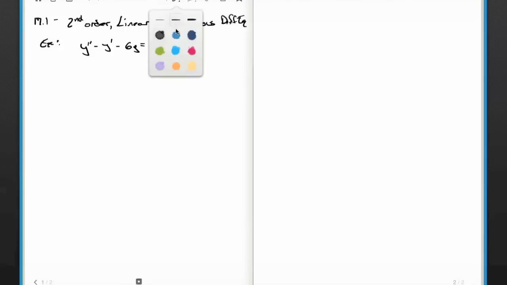This part right here, let's do this in orange because that makes it a little harder. The fact that it's a second derivative means it's second order. But the nice thing is it's linear. Now what makes it linear? In that our coefficients in front of the derivatives of y, the second derivative, the first derivative, and the 0th derivative of y,